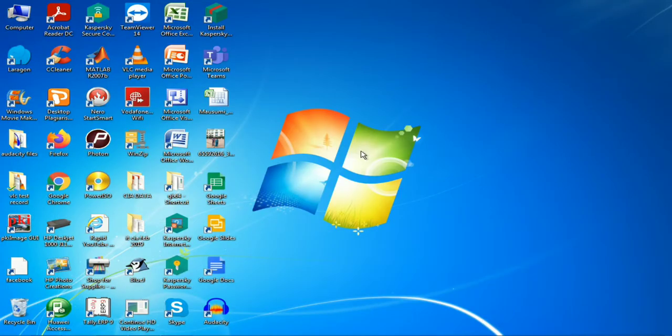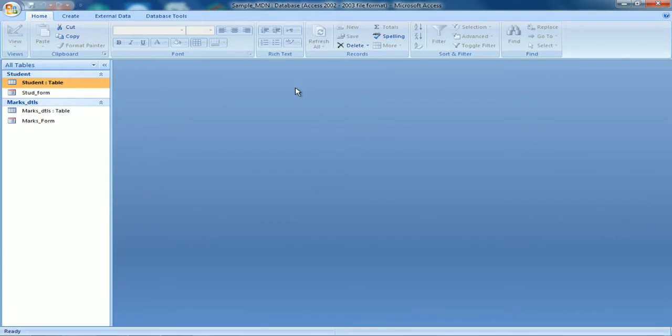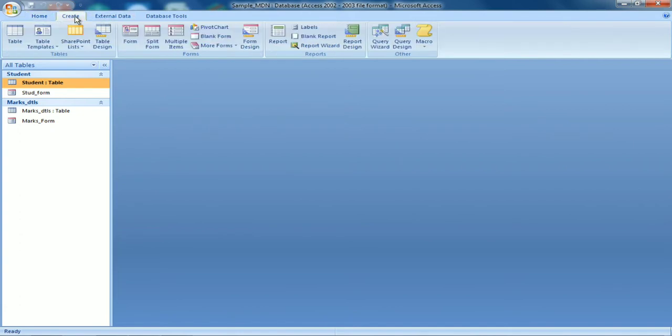Last class we discussed tables and forms. Today I am going to show you how a query is done. Same process: a query means we ask some questions and the database will solve it and return it back to you. So same option, open your file where you have created the table, click on create,